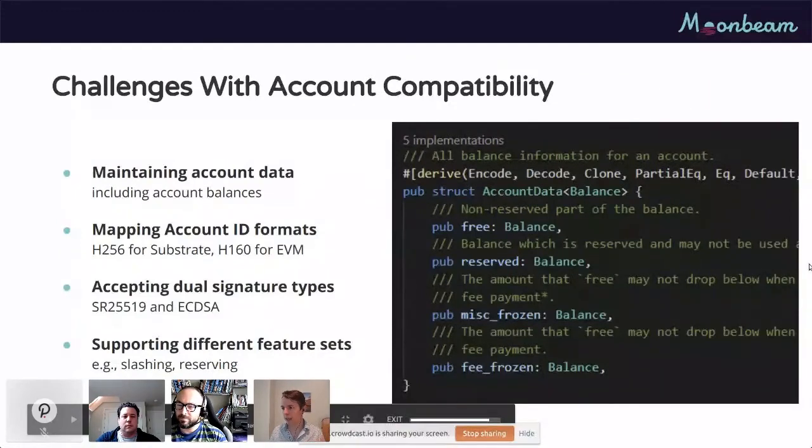But it comes with the challenge that the conversion from the public key that you get with the signature to the account ID is different from Substrate to what Ethereum is doing. So if we want to be able to use the same private keys for both accounts, we need to do some changes there.